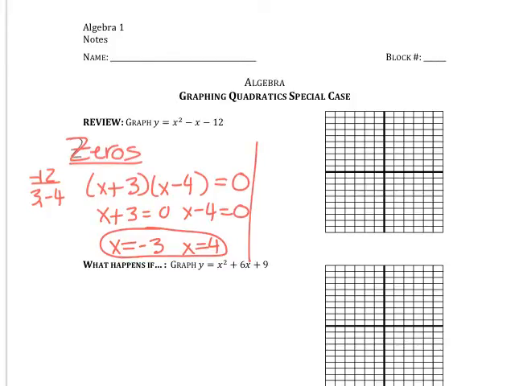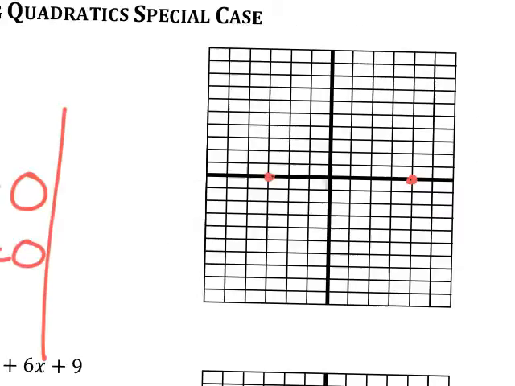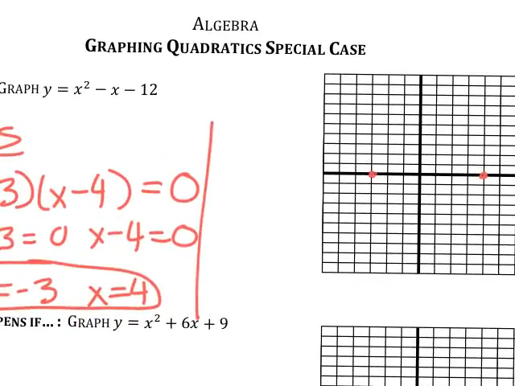So those are the numbers that go directly onto the x-axis. So left 1, 2, 3, and right 1, 2, 3, 4. So there are my zeros. Now I'm ready for my vertex. So remember, my vertex